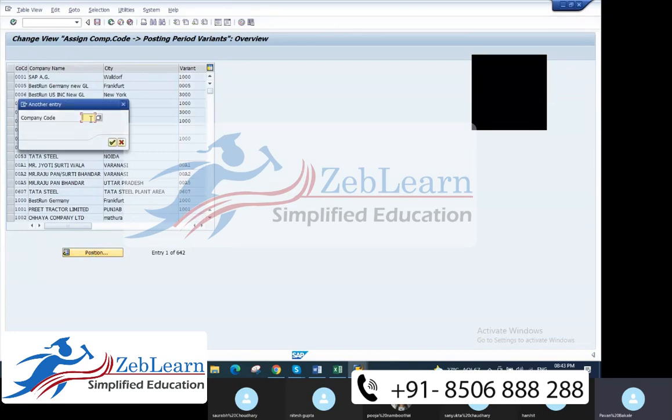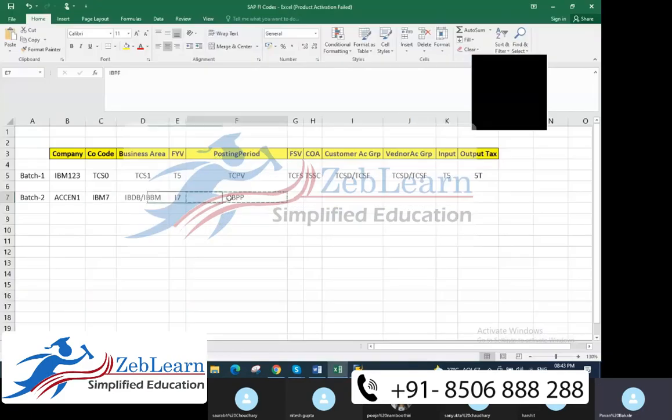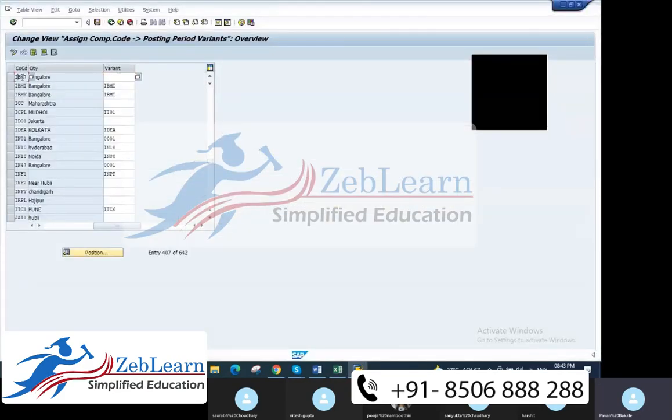Click on Position and find the company code, IBM7. The variant I created is IBPP, so I assign that to this company code. Save, enter. The variant is now assigned.